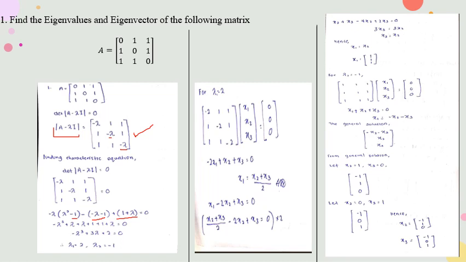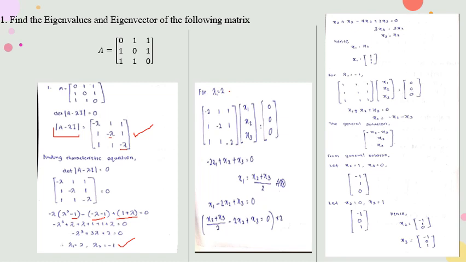So we solve it, and we will get this equation: negative lambda to the power of 3 plus 3 lambda plus 2 equals 0. By using a calculator, we will get the lambda, or we can say the eigenvalues, which are 2 and negative 1. So for the step to find the eigenvector for lambda equals 2,